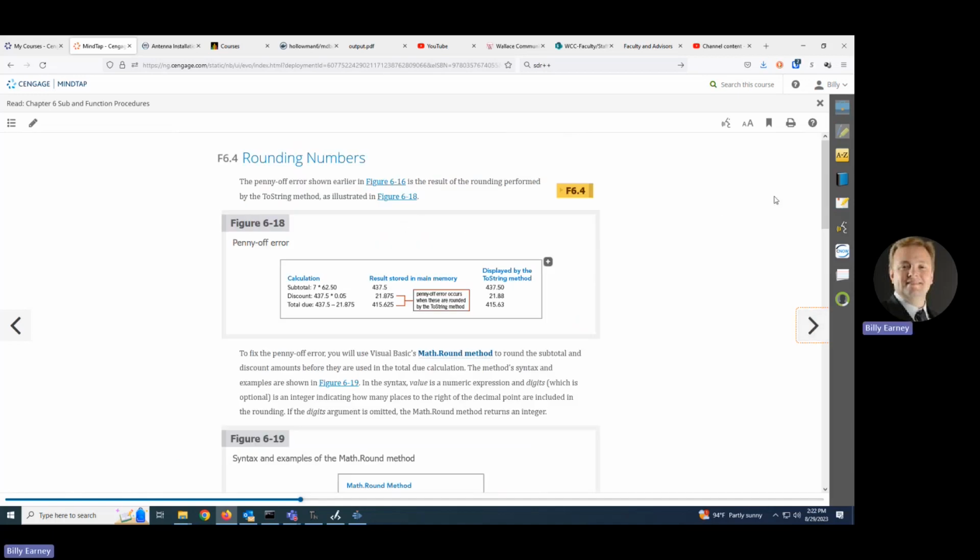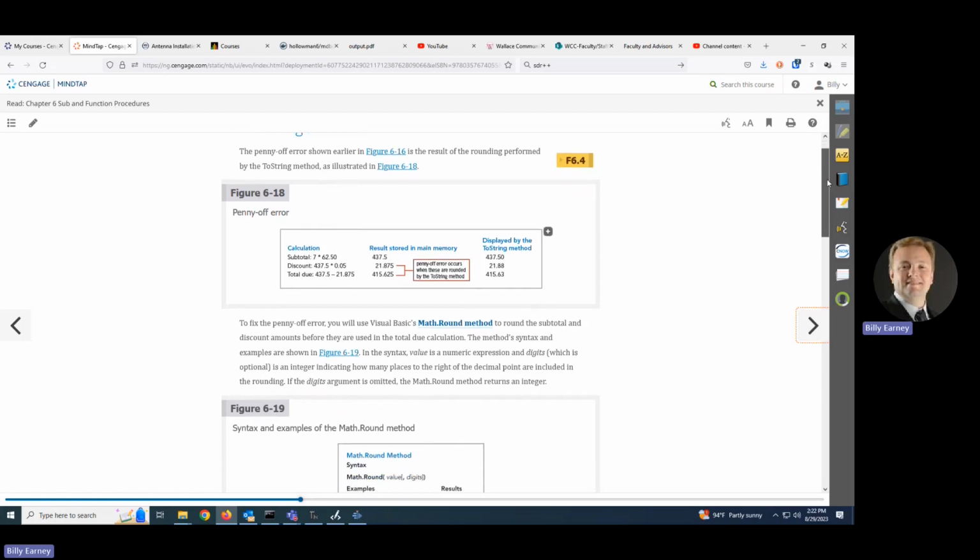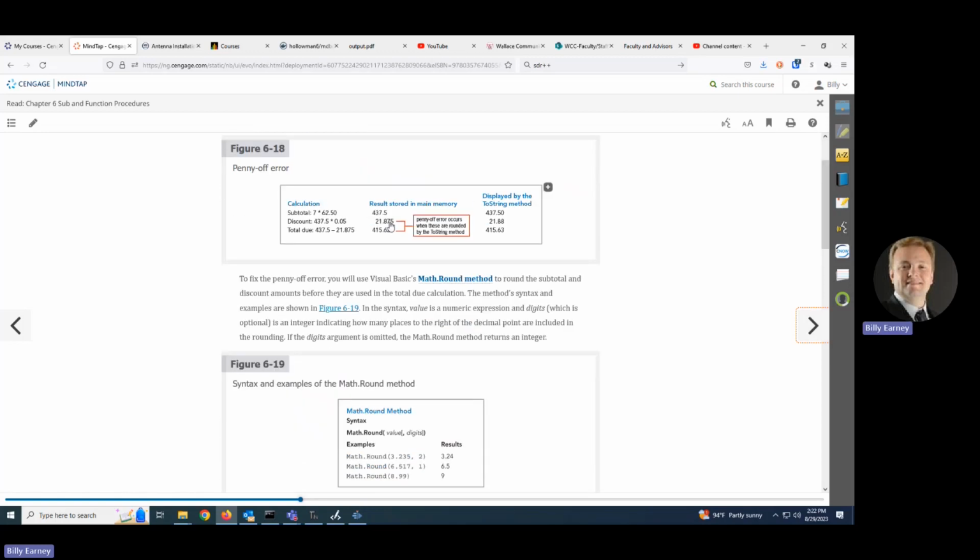So, rounding numbers. One thing you've got to be concerned about with rounding numbers, especially when you're dealing with money, is that whenever you round, you could be off by a little bit. This says it's off by a penny. If you look at this, you're doing some multiplication here. For these discounts and for the subtotal, you get this to three decimal places, 21.875. Since we don't have anything past cents, pennies, we've got to round this up or down,